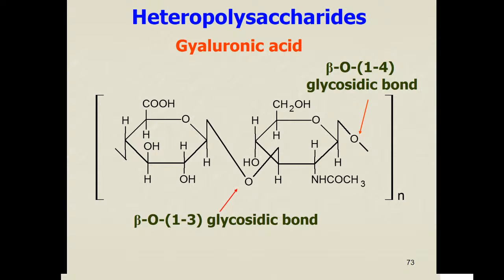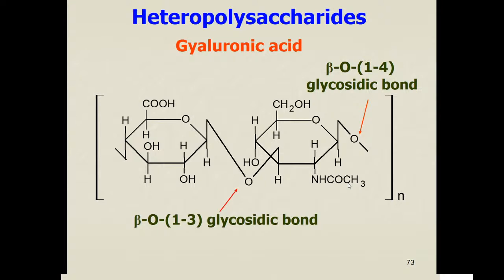And heteropolysaccharides. You need to know just two of them. Hyaluronic acid. As you see, in previous cases there was a disaccharide fragment rather than a monosaccharide, as there was just an alpha D-plus glucopyranose unit n times, or a beta D-plus glucopyranose unit n times. Here we have a disaccharide fragment where two monosaccharide units combine with each other. Take a look. What structural units do we have in hyaluronic acid? First unit, it's a glucuronic acid, beta D-plus glucuronic acid, COOH in the 6 position, and it's bonded by a beta-oxygen 1,3 glycosidic bond with a second unit, which is supposed to be glucose, but it's not glucose. There it's